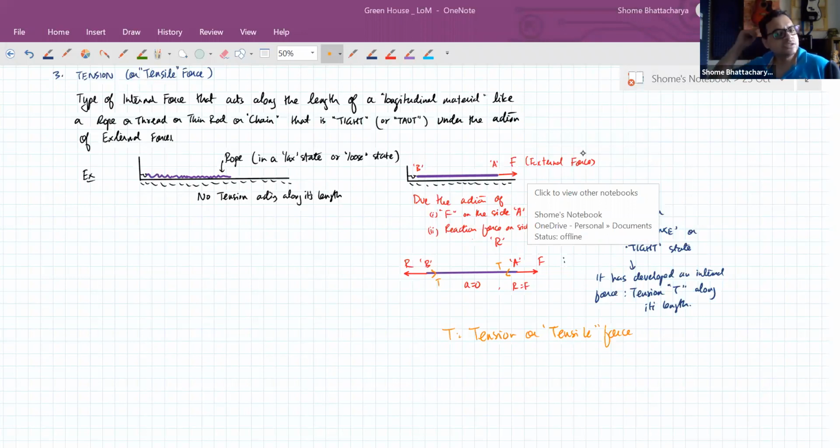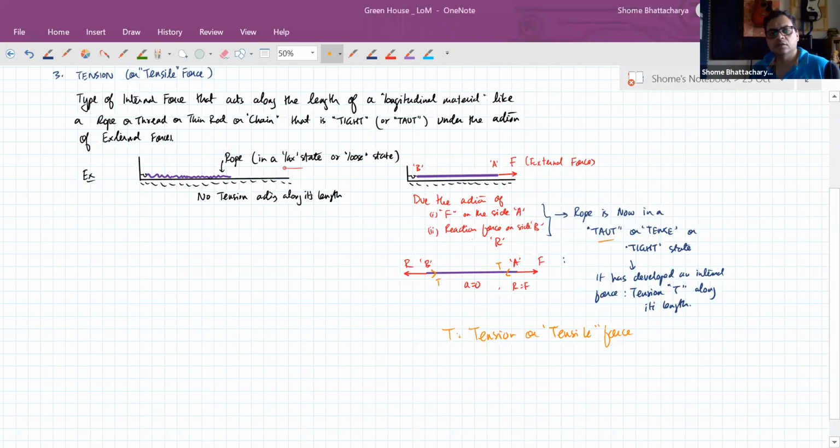So more importantly, once you stop applying the external force, the rope goes back to the state of being lax or loose. Now this first state over here, it goes back to this state. So in this state, what about the tension? It is 0 because it is in a lax or loose state. So the moment we withdraw the external force from here, same thing will happen. It will go back to the lax state.